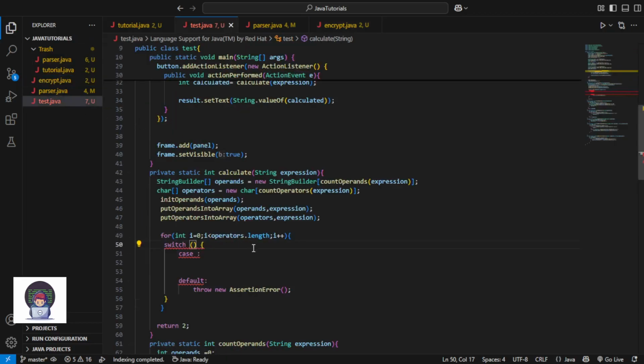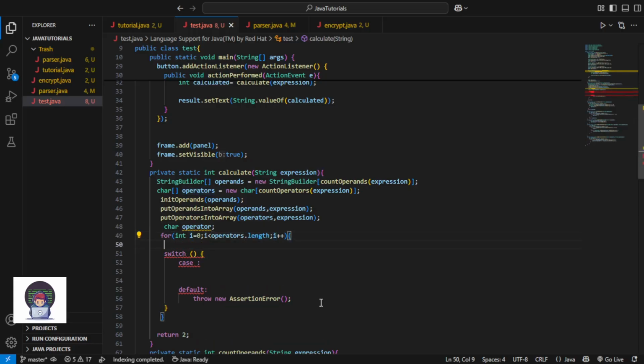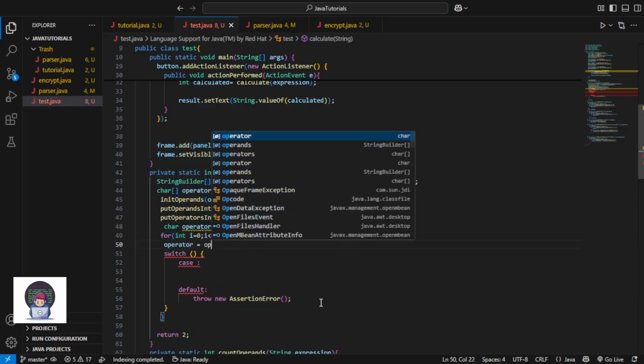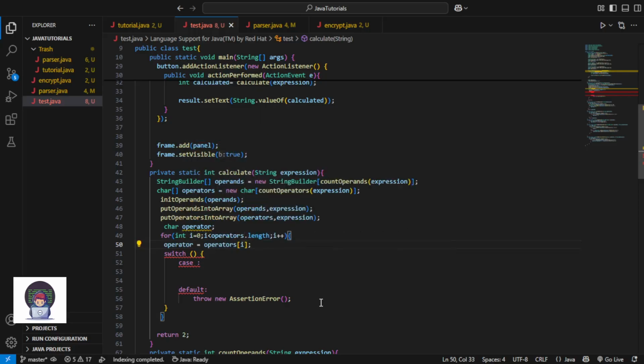Okay, get back to this. Before this, we need a char operator, not just operator, just char operator. And in the for loop, set operator equal to operators at I. Okay, simple. Now switch: if operator is equal to, let's say the case is plus,